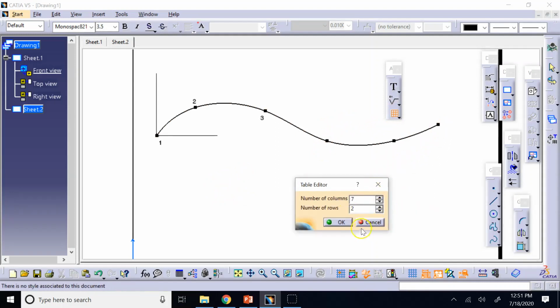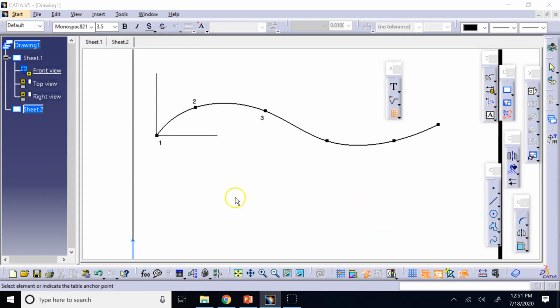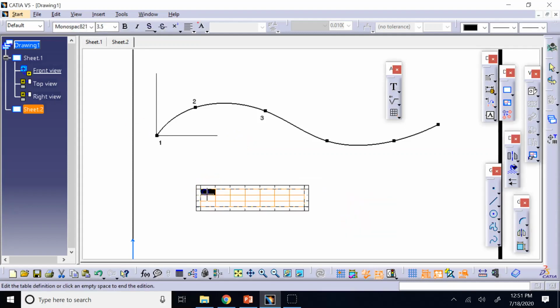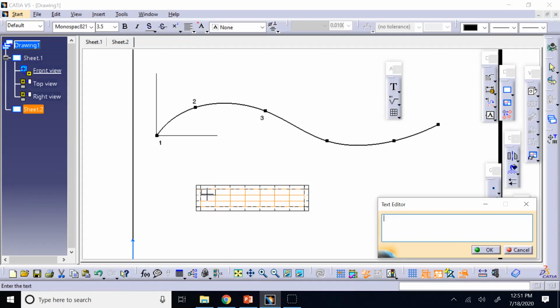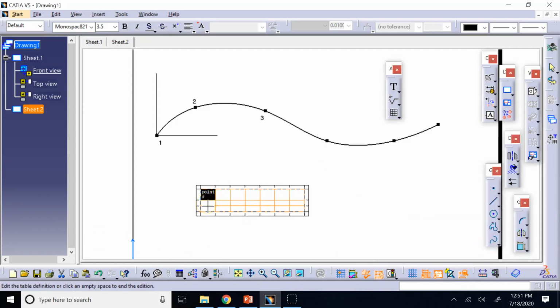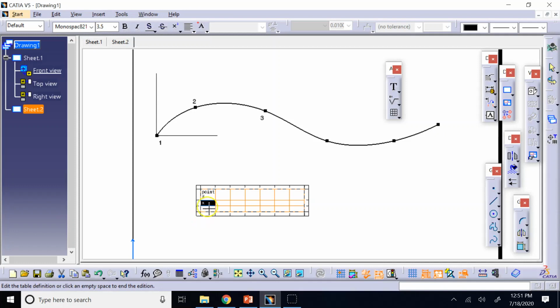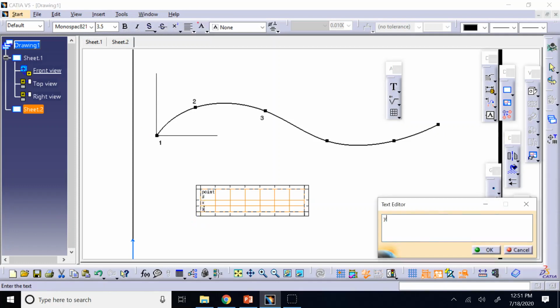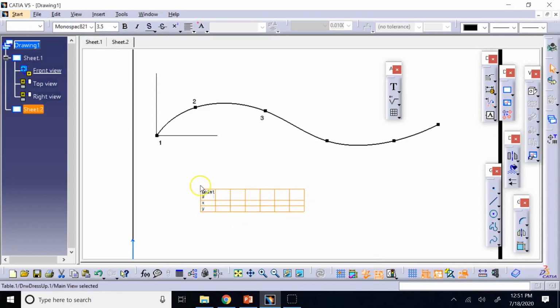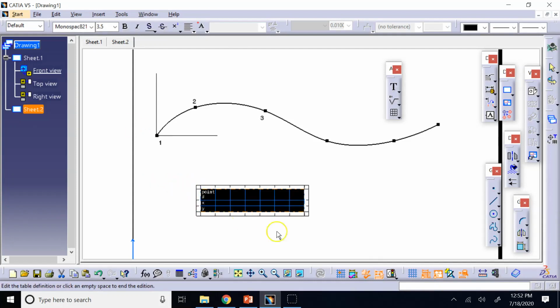so I need 7 and 3, and I insert it here, and here I say point number, right? And then here I say X, and here I say Y. Yes, and I can of course always make this guy bigger if I want to,